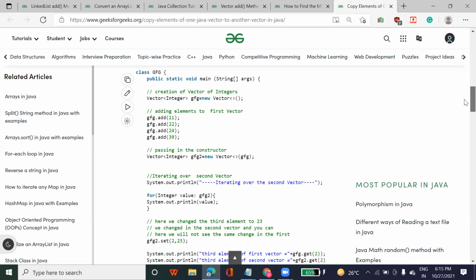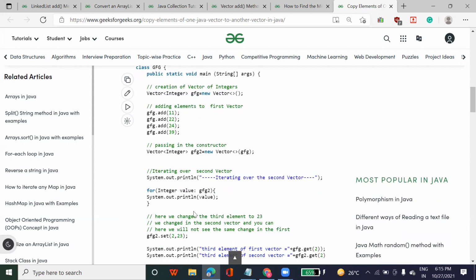So for that, I am going to run a for loop 4 times, and I am going to assign the values. Once this value gets printed, I can just write gfg2 dot set vector 2 to 23, or you can update it as well. gfg2 dot add, or you can write gfg2 dot set index 0, 11.